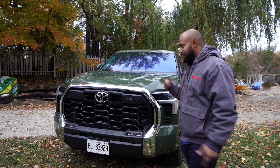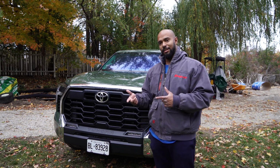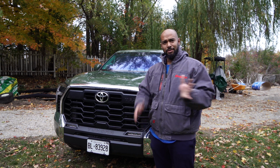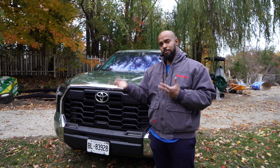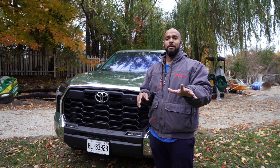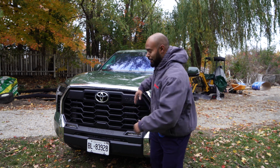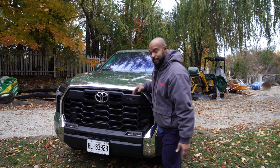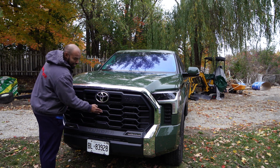the elephant in the room, the face, because we all know the last Tundra started its life in 2007 and ran all the way to 2021, and it was arguably more masculine or different. Some people like it, I did too, but when this came out I was like, holy smokes, talk about a grill. Yeah, it's a big grill. Now, one thing about this grill is